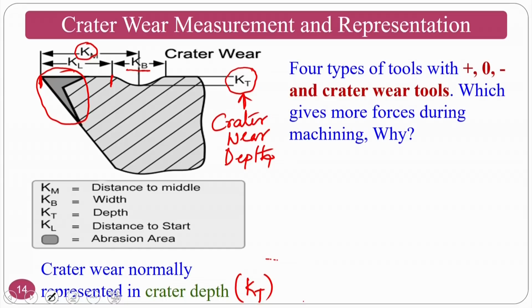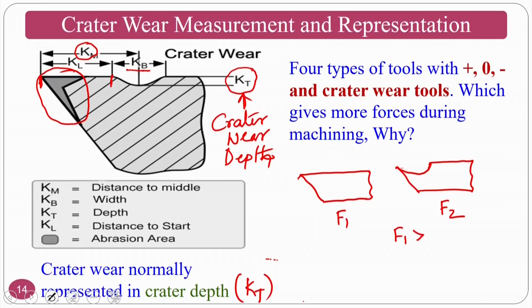Okay. Now, the question, assume that I am taking only 3 types of tools. One is the 0 rake tool, positive rake tool, okay. First, let me take 2, where normally forces will be very high. Basically speaking, assume that here if it is F1, this is F2. So, F1 will be slightly higher than F2 because positive rake is there. Assume that there is a crater wear on a 0 rake tool. What will happen? This is my 0 rake tool. So, I have a crater wear. How does it look? It looks similar to